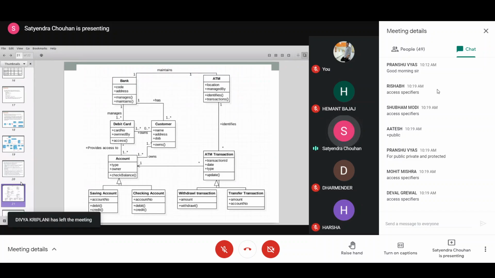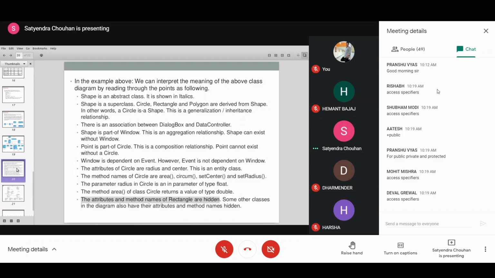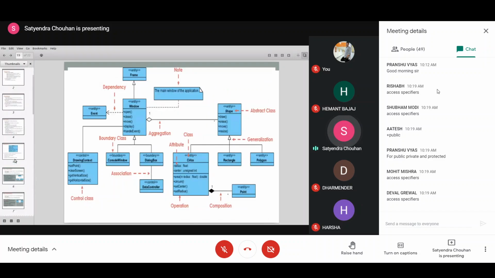Obviously, the diagram will not have a main method or main class, so you have to write these classes plus one more class for main. Normally the main class is known as the driver class or the application class. And some of the things you have to assume from the diagram. So this is the idea of the class diagram.